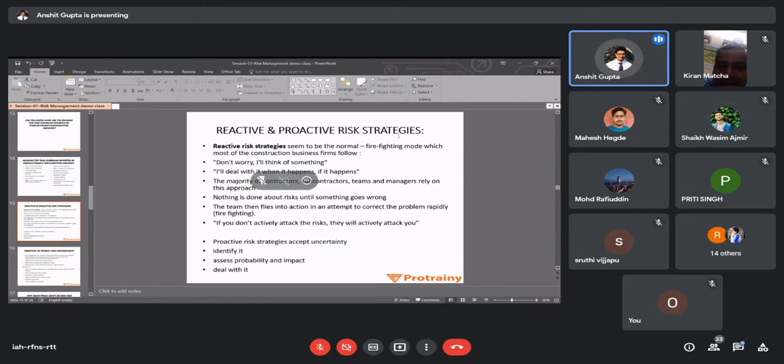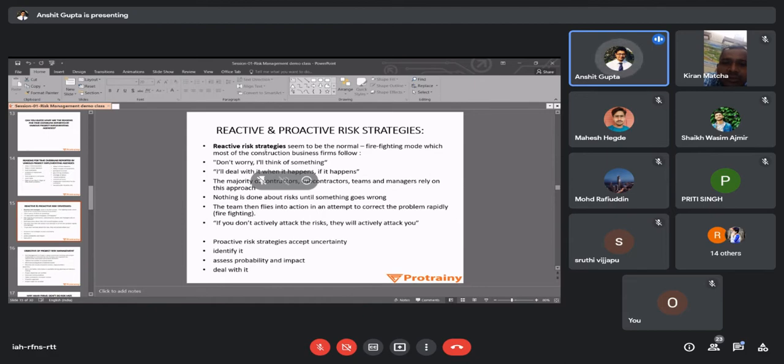So reactive and proactive risk strategies. Proactive risk strategy is what I am talking about throughout: right now you should be able to anticipate what risks are going to happen on your project 2 months from now, 3 months from now, 6 months from now. That is, you are proactively acting on that risk. That is known as a proactive strategy. What is reactive strategy? If in simple Hindi I will tell you, reactive means hoga tab dekha jayega. When the problem actually comes at your head, then you try to solve that problem. That is called reactive risk strategy.